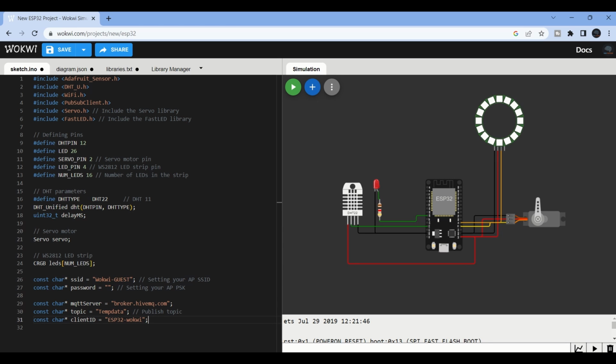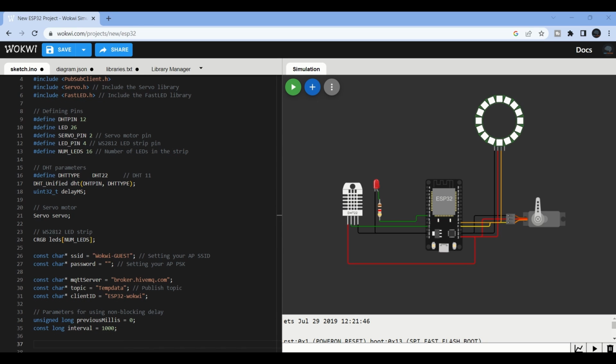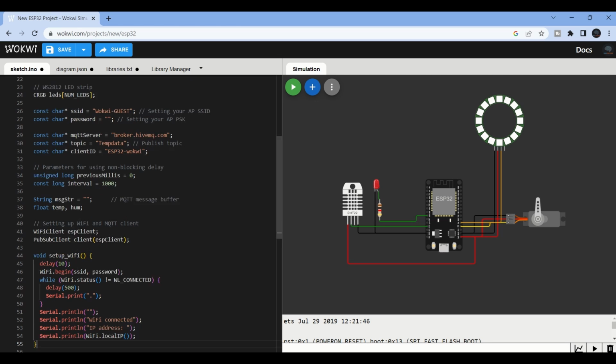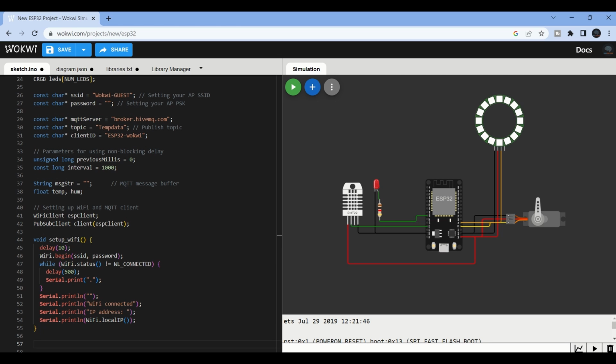And then we will define some parameters for using non-blocking delay, and then we will create some variables to store temperature and humidity data, and then we will set up Wi-Fi and MQTT client. I have explained all this code in my previous video in which we used ESP32 and MQTT protocol, and then we will create a function to set up the Wi-Fi, and then we will write some functions